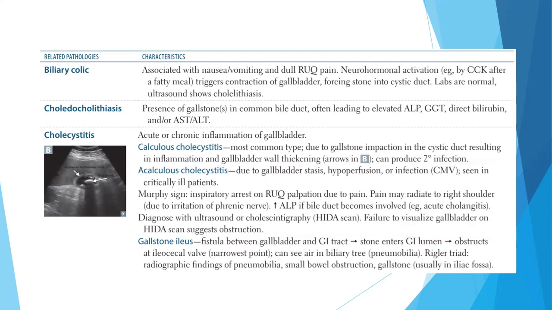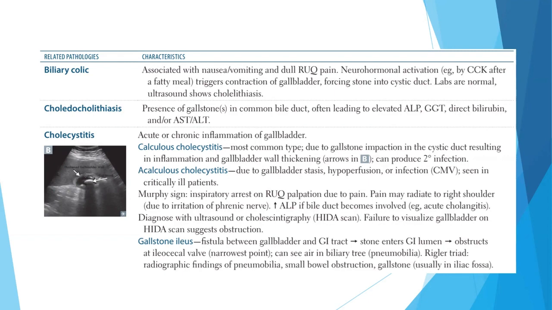So whenever there is chronic inflammation of the gallbladder, there is eventual necrosis of the gallbladder wall, and then it also causes necrosis of the duodenal wall, and this is how the stone enters into the GI tract, and this is called gallstone ileus. And this stone can then go and obstruct the ileocecal valve, and the patient will present to you with abdominal